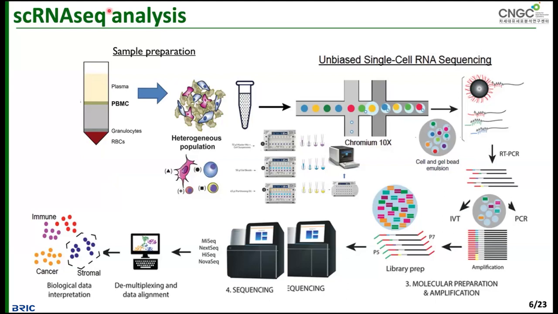Single cell RNA sequencing has two huge parts. The first one is the experimental part. The experimental part is also very difficult to perform with a high success rate. It takes 3 to 5 days to complete the experiment, and you need to have proper pipetting skill and proper experimental skill. Otherwise, the success rate will be very low,